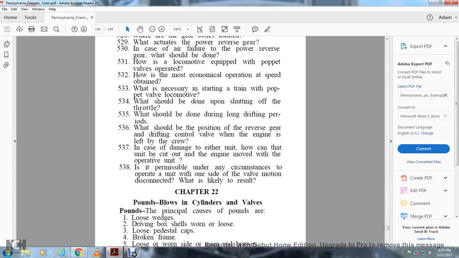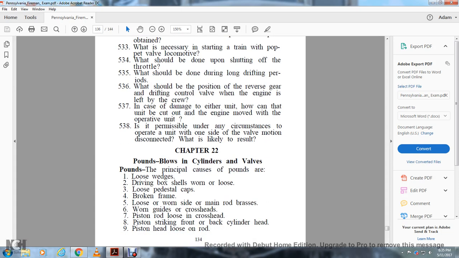Alright, Chapter 22, Pounds, Blows, and the Cylinders and Valves. Pounds. The principal causes of pounds are loose wedges, driving box shells worn loose, pedestal caps loose, broken frame, loose or worn side of the main rod brasses,